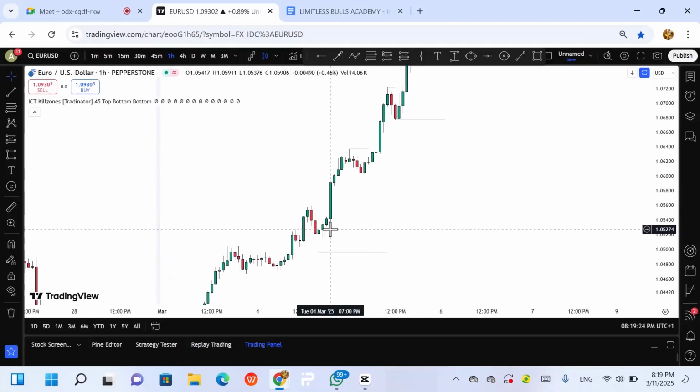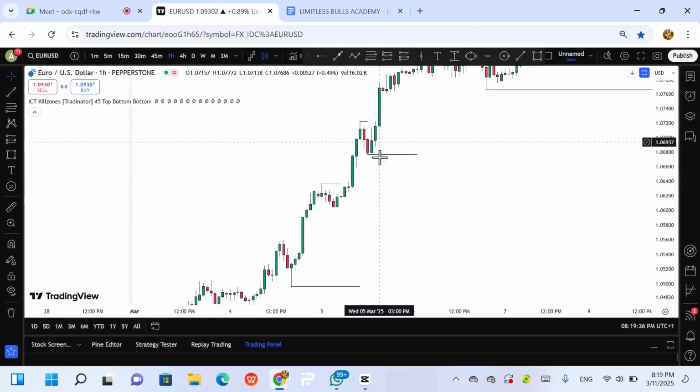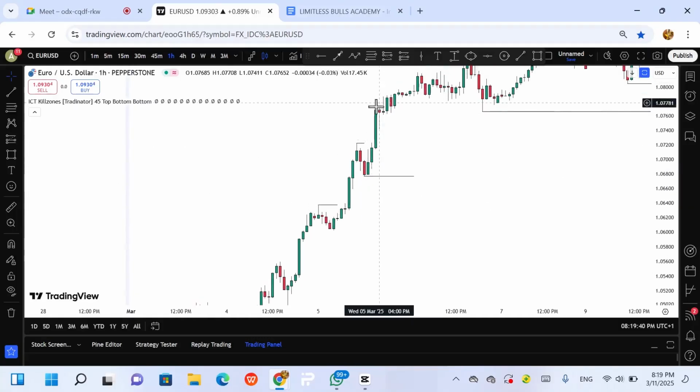I used to tell you people before that a swing high indicates a bullish bias. So when you see a swing high form, you can say the market is having a bullish bias, and when you see a swing low, you can say the market is having a bearish bias. When you see a swing low, the market is having a bullish bias. A swing high, the market is having a bearish bias.